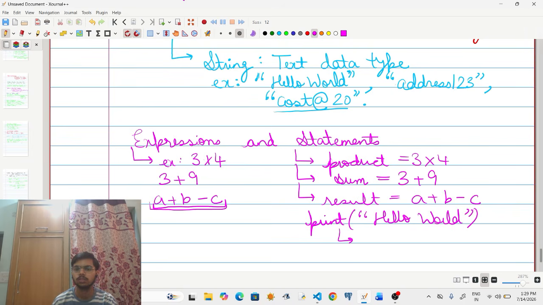This is also a statement. A particular line in the Python code is also a statement, while expressions are just the raw part of a statement, which are not assigned to any variable. So these are expressions, and these are statements.